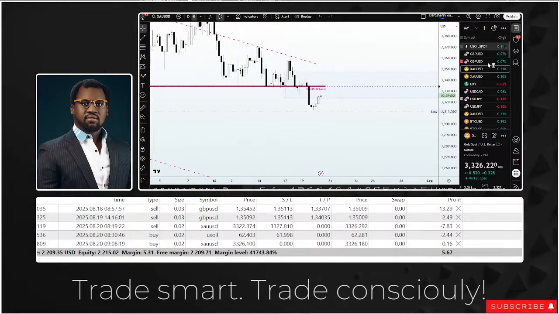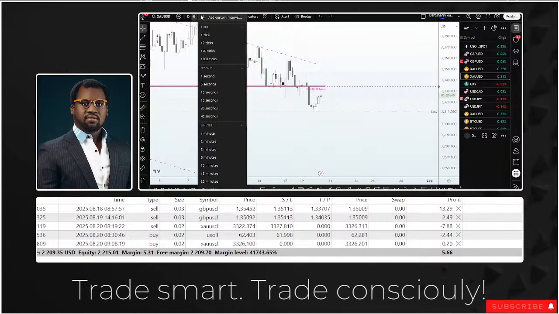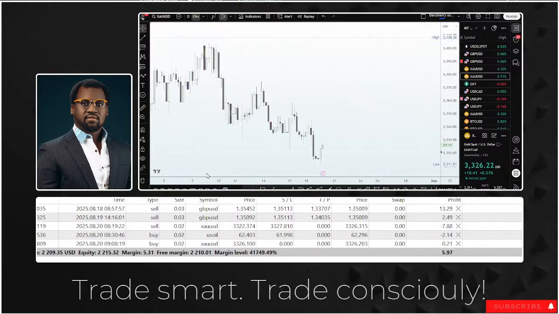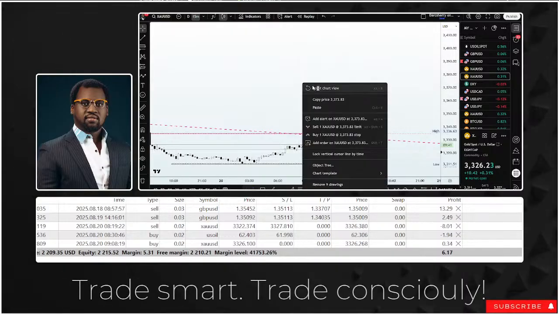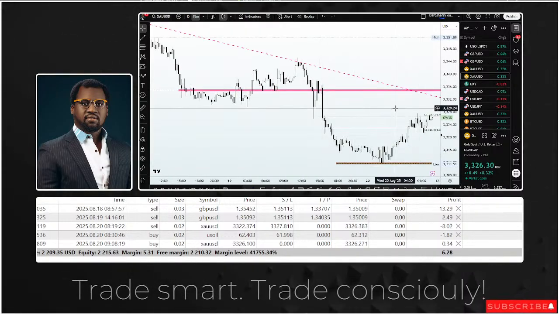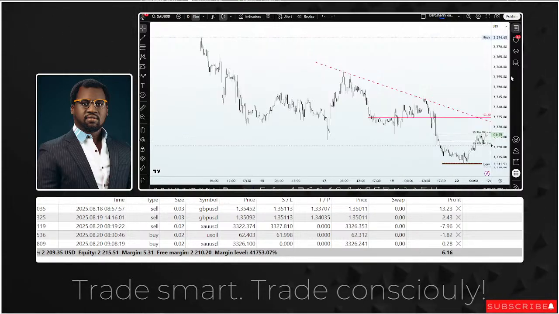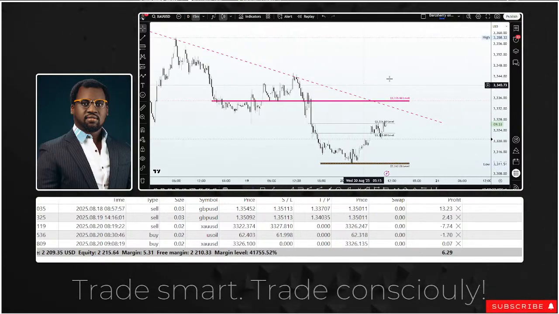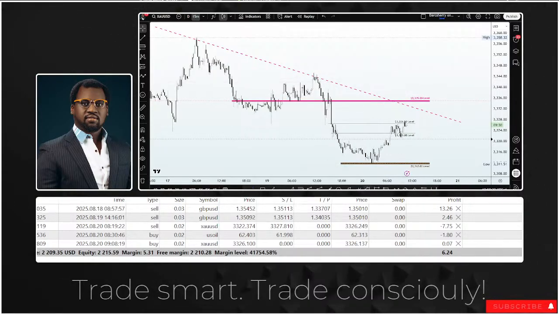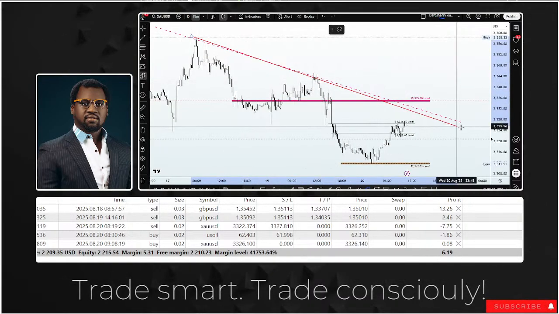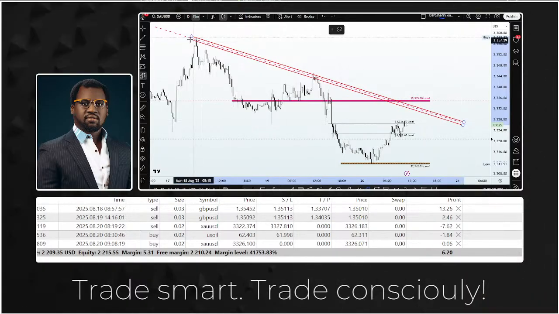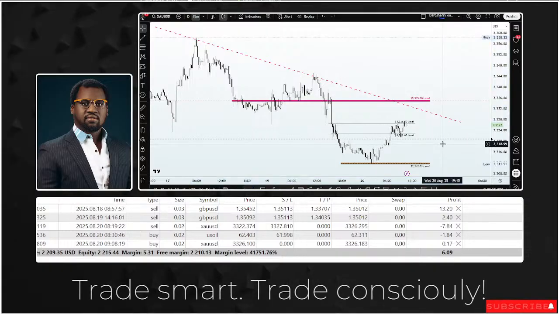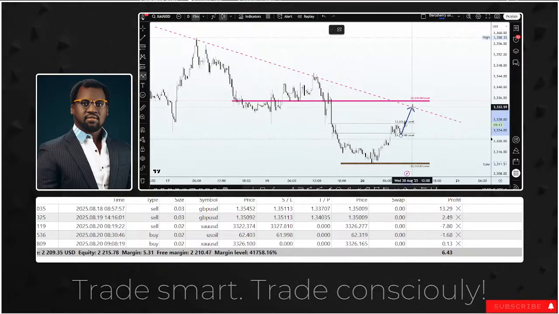Now, scaling down into the lower time frame, I wanted to understand how the market is digesting these fundamentals and how it is reacting to them. So on the 15 minutes time frame, it is quite clear that the market is trending lower, right? And after connecting the series of lower highs, we have a descending trend line to guide our trading decisions for the second half of the week. So that's our key level there at the 3,335, right? And there is a good chance that we could see price retrace back into the trend line to incite a